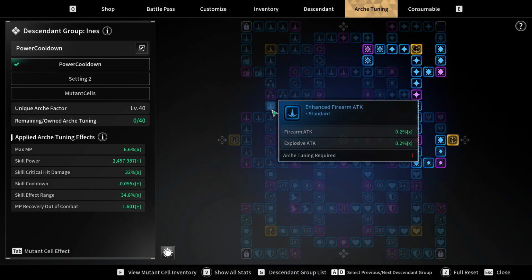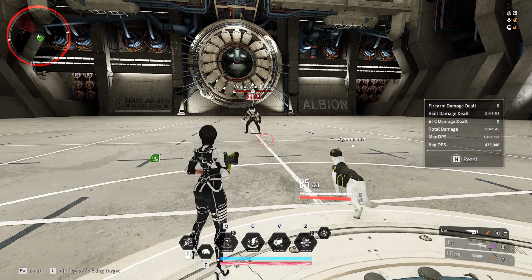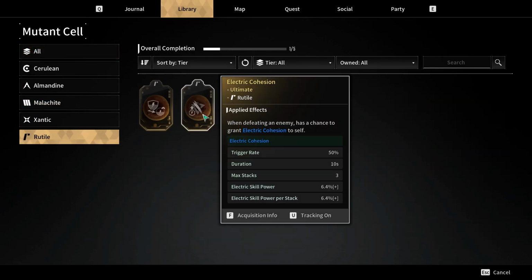We can also look at the arcade tuning. I have not taken the mutant cell because we only really have one viable mutant cell for Ines, and that would be this one here, electric cohesion. So when defeating an enemy has a chance to grant electric cohesion to self. So when there are a lot of enemies, you defeat them, you'll get 3 stacks, just like we did with Freyna. So you could get that one. When there are lots of enemies, you'll be triggering the 3 stacks consistently, and you'll get 6.4% times 3, so